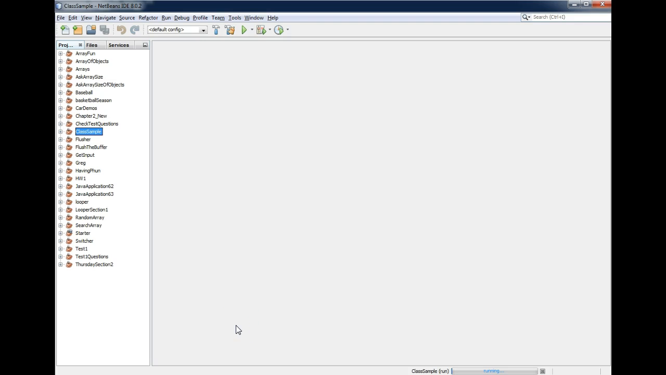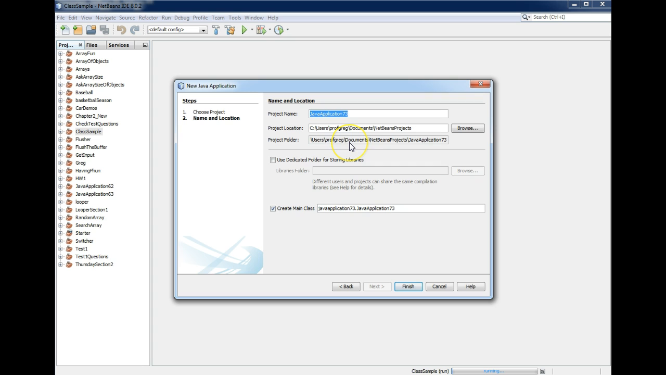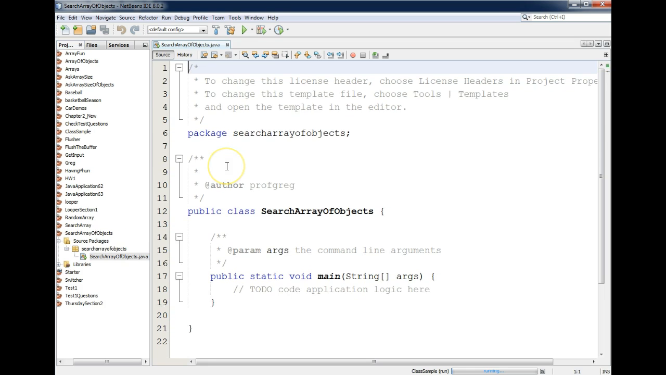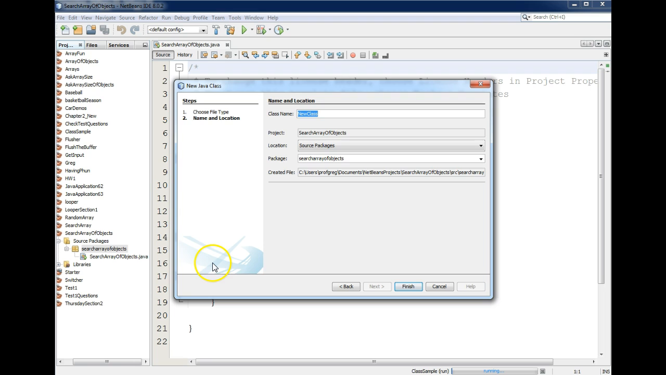Let's show you how to search an array of objects for a specific value. I'm going to create a project, and I'm going to call it Search Array of Objects. Big name, but it will do. And the first thing I'm going to do is come over to my package, and I'm going to create a class. New Java class. We'll call this